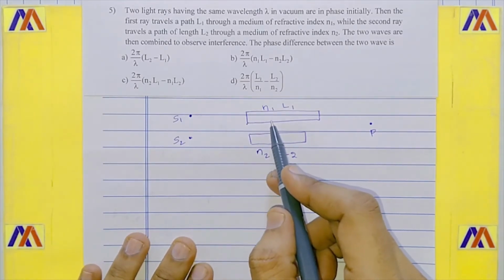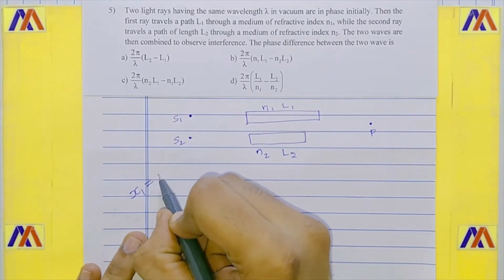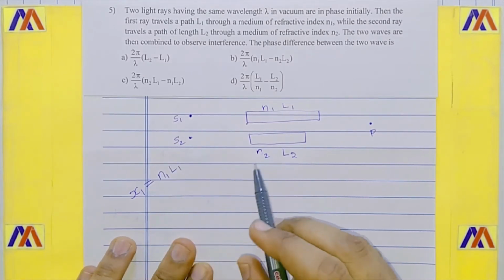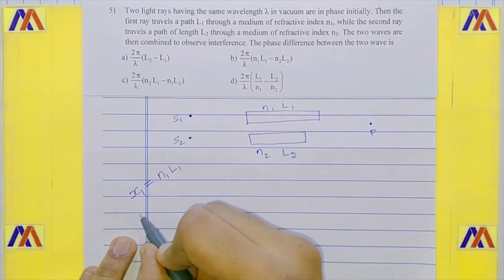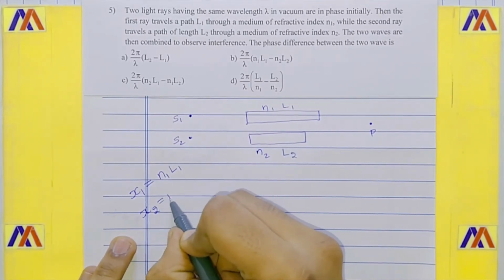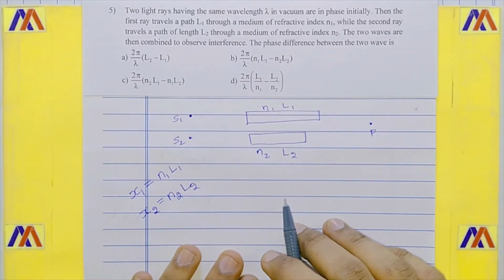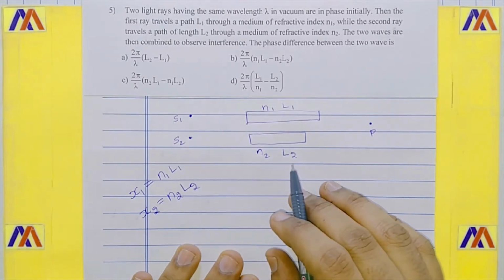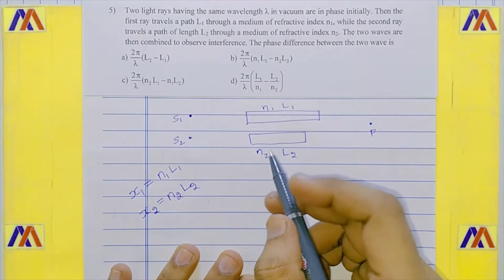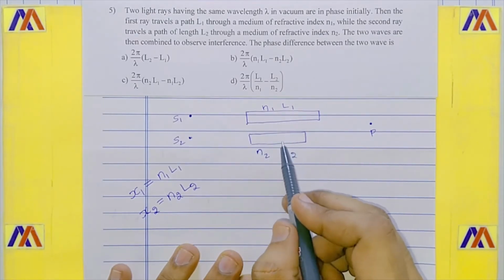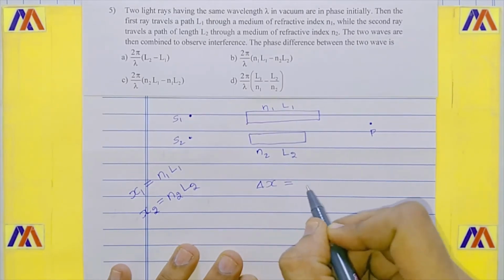We need to calculate the equivalent vacuum medium for both the media. For the first medium, the equivalent vacuum path is given by x1 equals n1 L1. The equivalent vacuum path for the second optical medium is given by x2 equals n2 L2. In general, the equivalent vacuum path is the product of the refractive index of the given medium and its length. The path difference is obtained because of these two different media, and that is given by x1 minus x2.